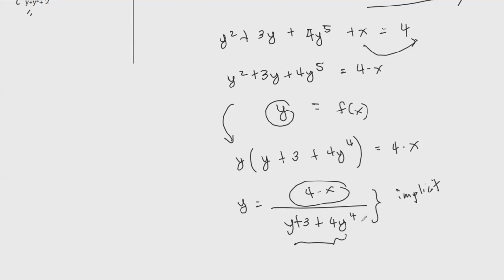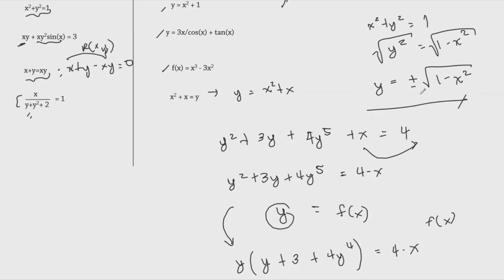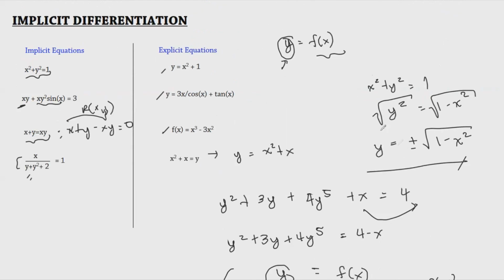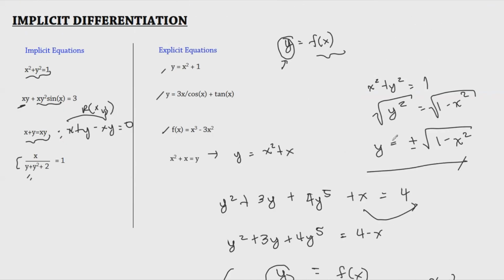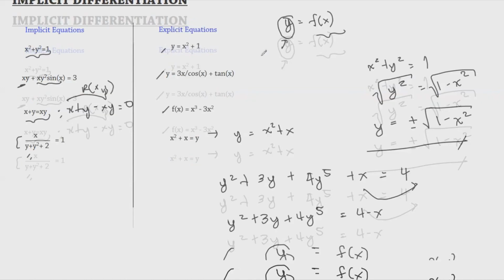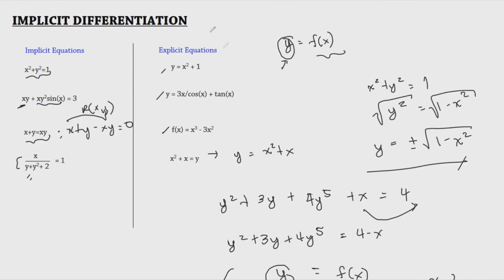but as you can see here, there are just these y variables here, and this one is really difficult to give a relationship wherein you could express this as a sole function of x. That's why sometimes the equations cannot be made explicit. That's why when you have a function that can't be made explicit and you need to find the slope of that function, that's when implicit differentiation comes in handy, because you can actually find the derivative without transforming that